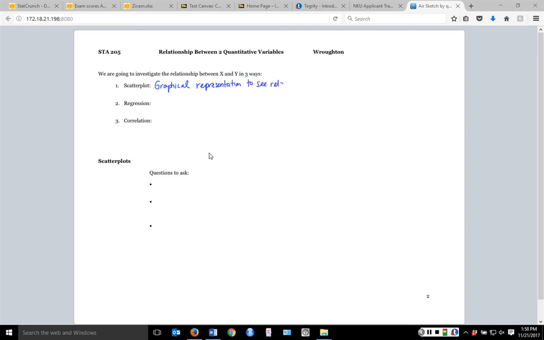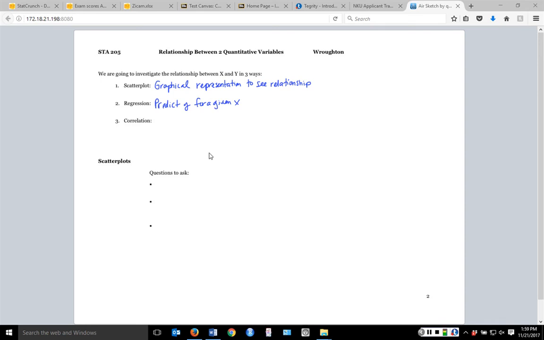So I can see if there is a relationship between my two variables. Then we're going to look at what's called regression, which is kind of what we're spending the most time on in this set of notes, whose overall goal is to predict y for a given x. So for example, you might want to say, well, if I miss 4 classes, what can I predict my overall